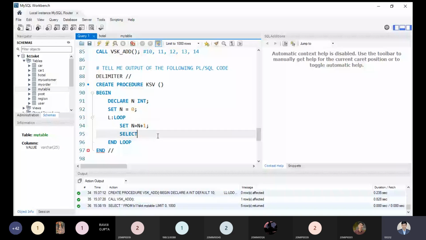If n is equal to 5, then what should it be? It should terminate the loop. Leave loop L, end if, and end loop. After the end loop, select n.